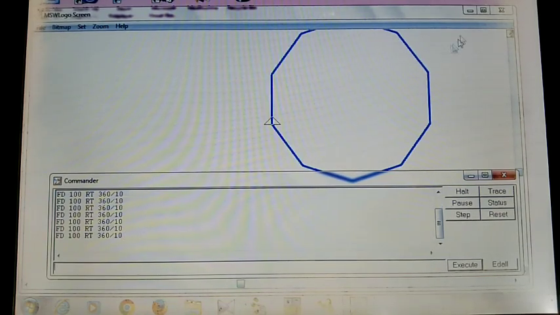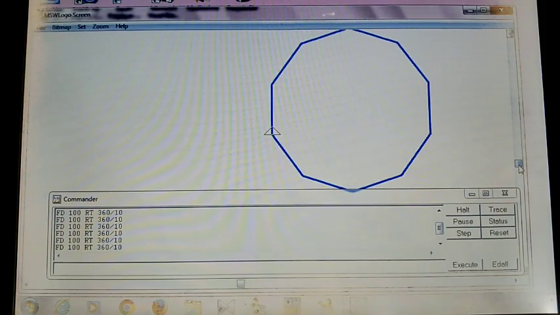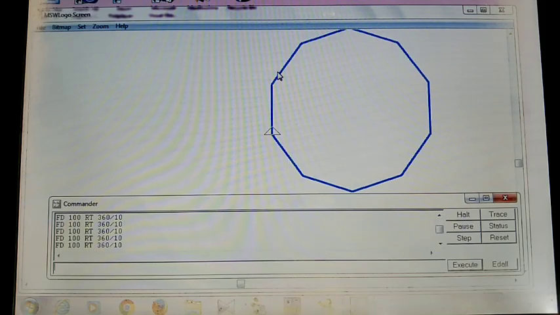How many times? 10 times. Look at the figure: 1, 2, 3, 4, 5, 6, 7, 8, 9, 10.